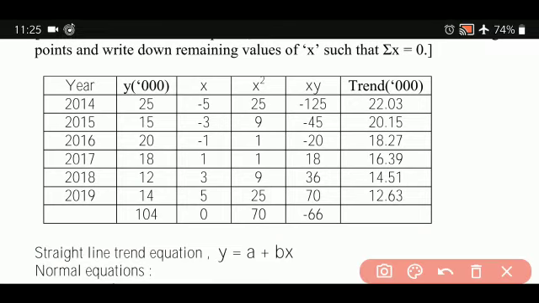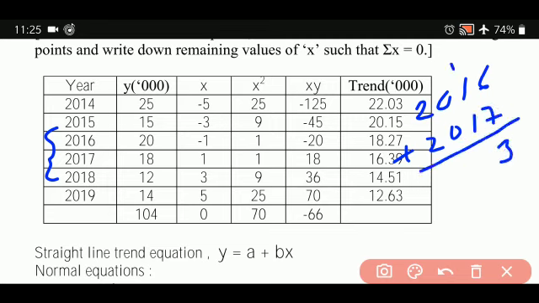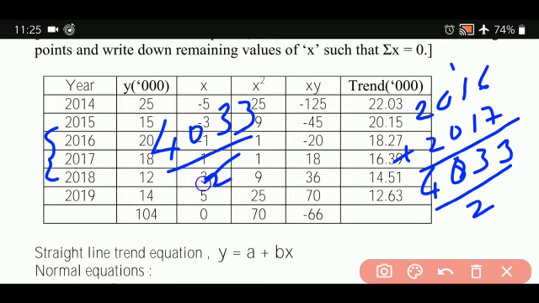Now see, n is an even number, so you don't have a middle value. So what are you going to do? You add these two: 2016 plus 2017. So what is the answer here? It is 4033. This is divided by 2. When you divide it by 2, how much do you get? You are getting 2016.5.